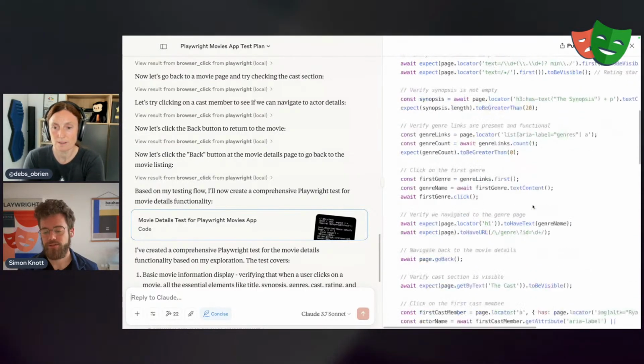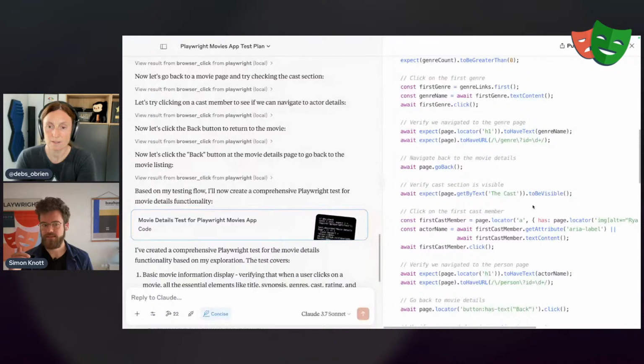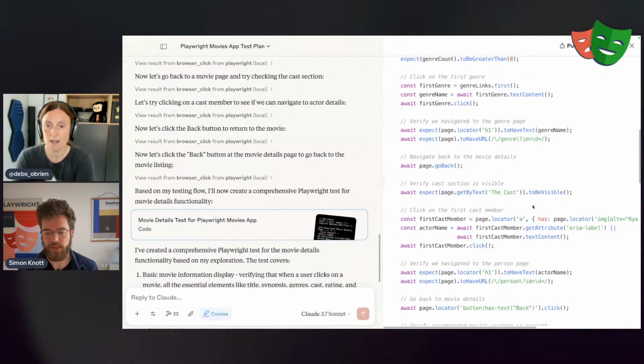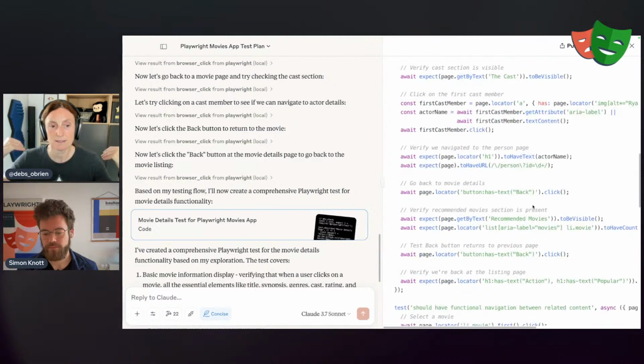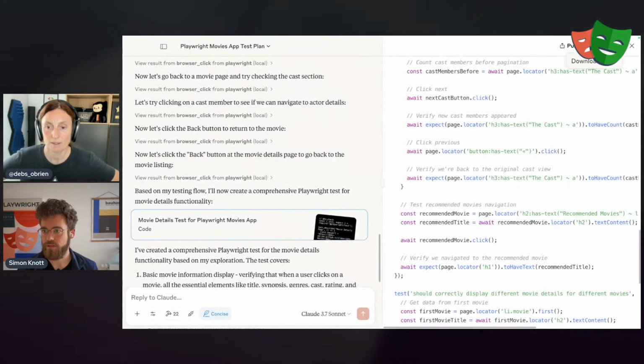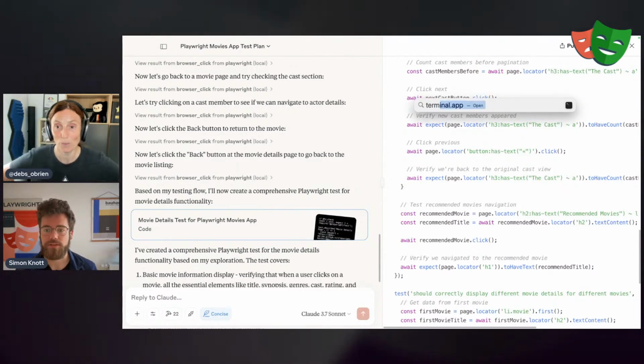And the interesting bit here is that it can only come up with this test because it interacted with the page, right? Because it has in context what it did. Yeah, it has in context what it did. And we could just try, let's copy this, and let's see if it actually works. I'll open up